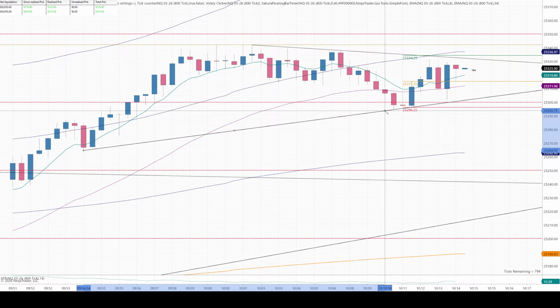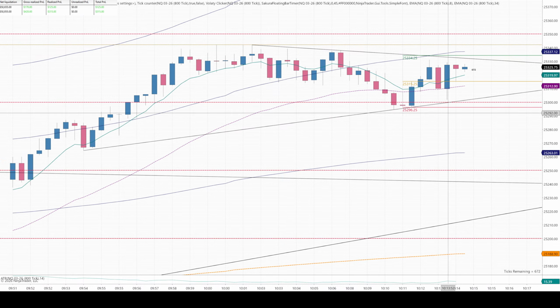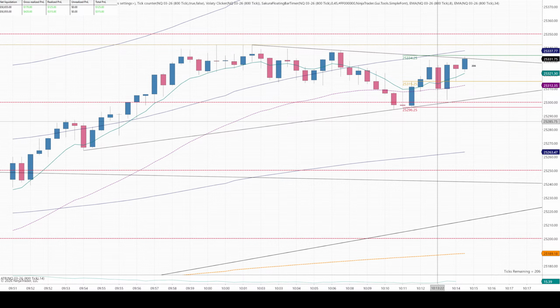We have this upward trend line right here, and we're kind of stuck in a wedge at the moment on both sides, right? You can see we're in the middle of this wedge. We have lower highs and higher lows, and so something is going to give eventually, and we're going to get some sort of a breakout, one direction or the other, because it's going to build a lot of pressure.